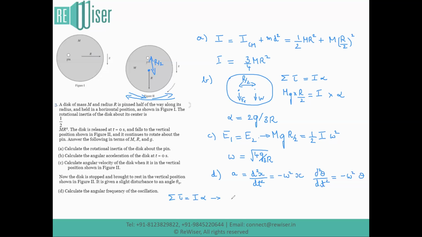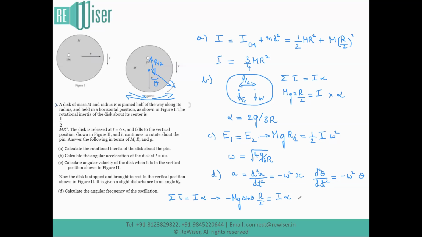Torque tau will be substituted as minus capital M into capital G into sine theta, since the weight will act at an angle theta as shown here, minus M into g into sine theta into the distance R by 2, since torque is force into distance. This will be equal to I into alpha. The I value is substituted again from part A, which is 3 by 4 MR squared. So simplifying this, we get the expression to be equal to